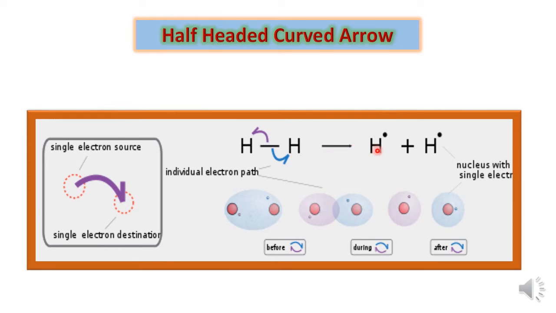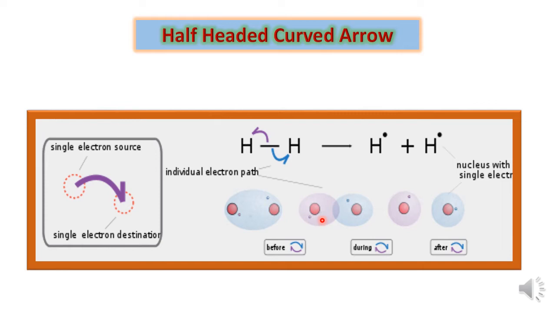So here you can see the hydrogen atoms with single electrons. They are neutral, they are not charged species. Whenever species have an odd electron in their orbitals, we call them free radicals. So these hydrogens are called hydrogen radicals because they have only a single unpaired electron. In this picture you will understand it better. Two hydrogen atoms, with single electrons from the chemical bond.